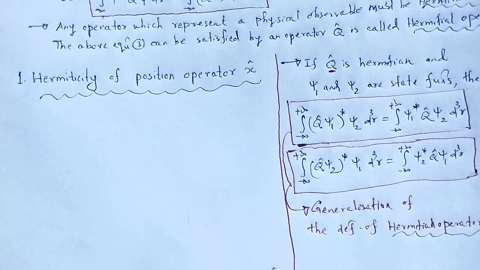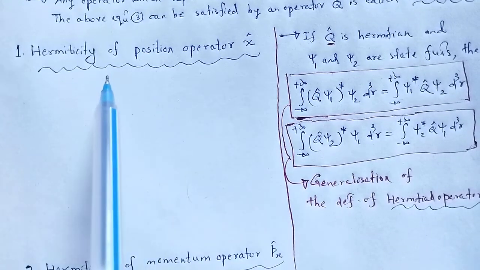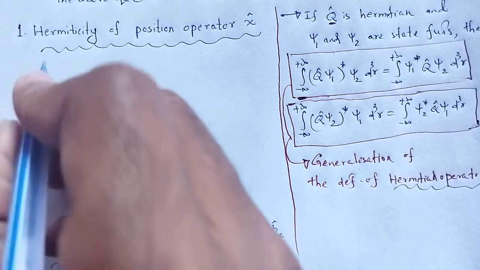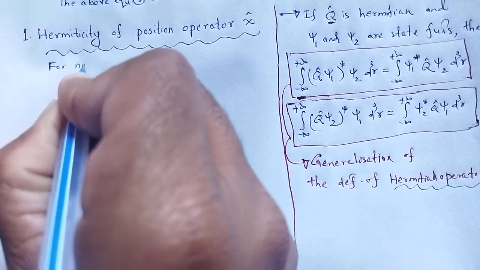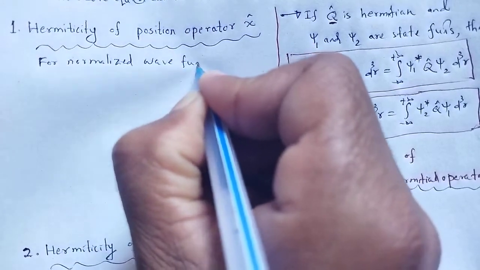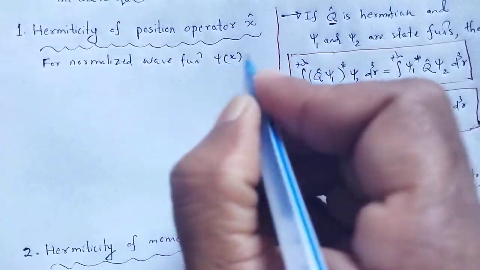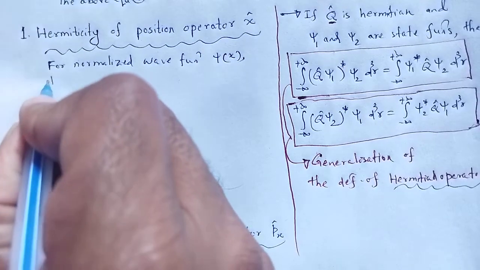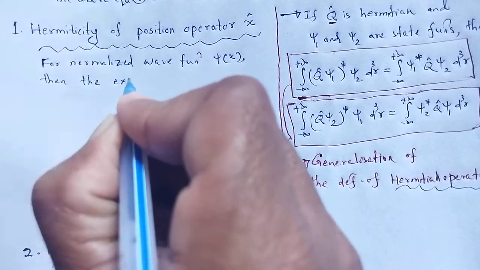Now, our aim is to prove the hermiticity of the position and momentum operators. That means the position and momentum operators are said to be Hermitian. How can we say that? First, the hermiticity of the position operator. For a normalized wave function psi of x, the expectation value of x